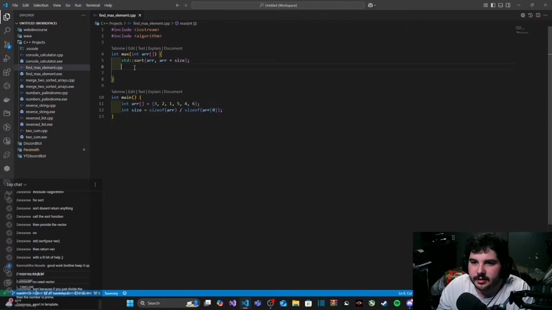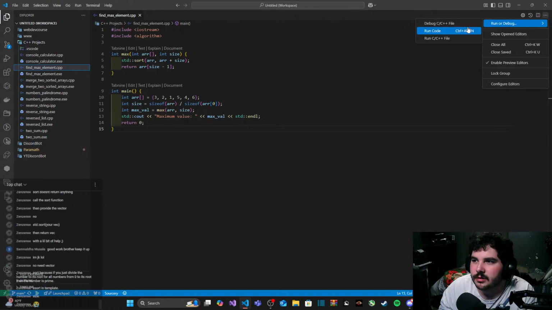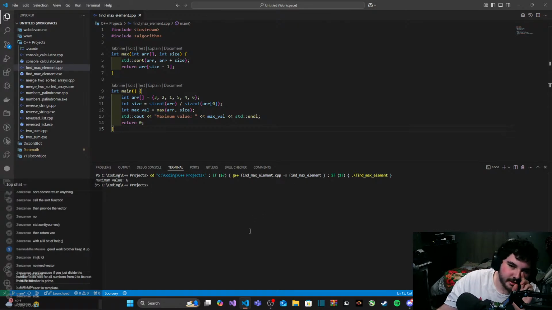Get rid of that. Pass in size. And then we're going to return size -1. And then gaming. Let's go. I did that myself. I'm so proud.